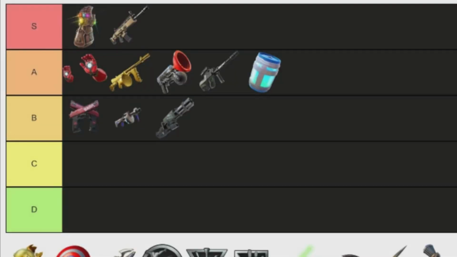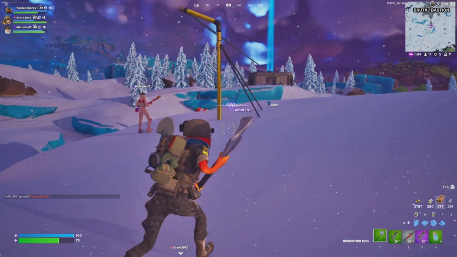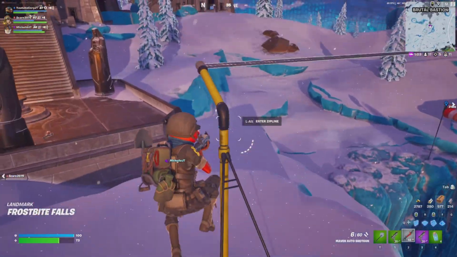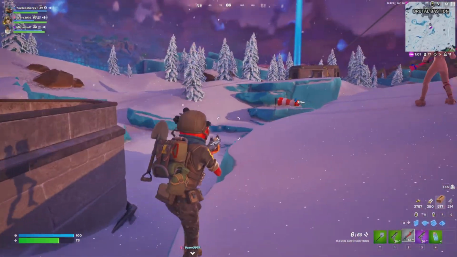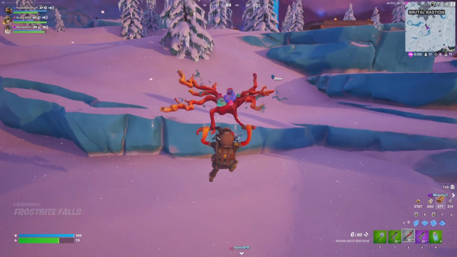Now here we have got the mythic goldfish. Now this was easily the rarest item in the game. So rare, it was literally 1 in a million chance of finding it. I don't really think anyone really found it, but there were some videos of it on YouTube of people finding it. And obviously if you did get it, you could throw it at people and it dealt